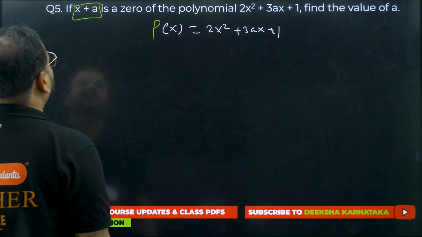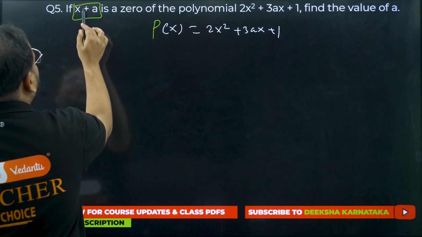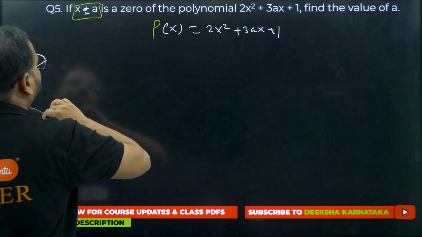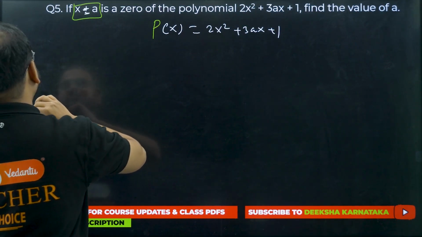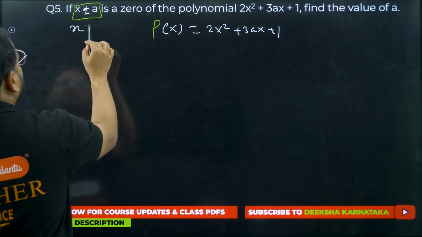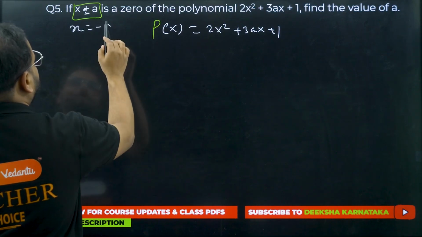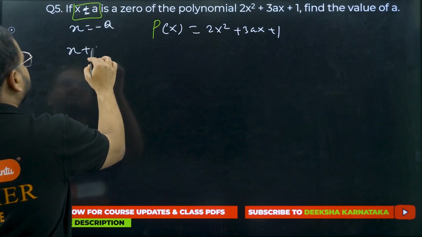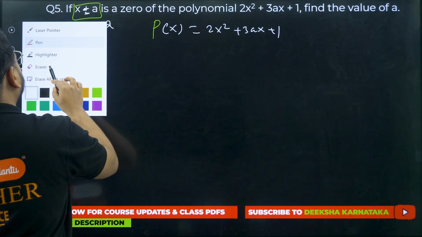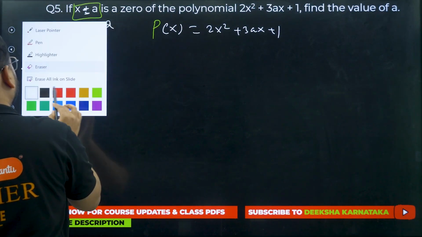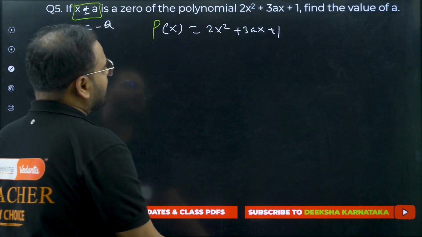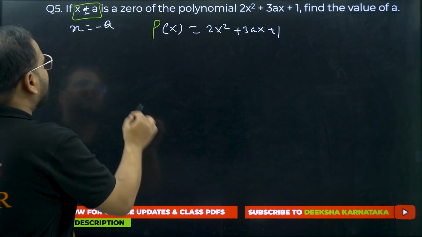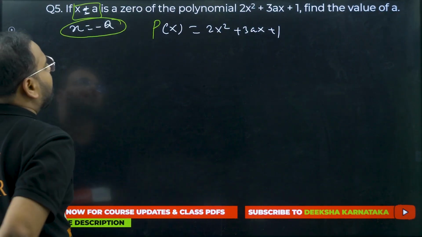Okay. All right. So this is actually what, x equals to, I think x equals to minus a. This should be x equals to minus a. If I do that, what am I going to get? x plus a is a factor. Same thing is there. Okay. Either write it as factor or 0. All right. Now please have a look. If I do that, what am I going to get, bacha? So basically, my x value will be what? x value will be minus a.